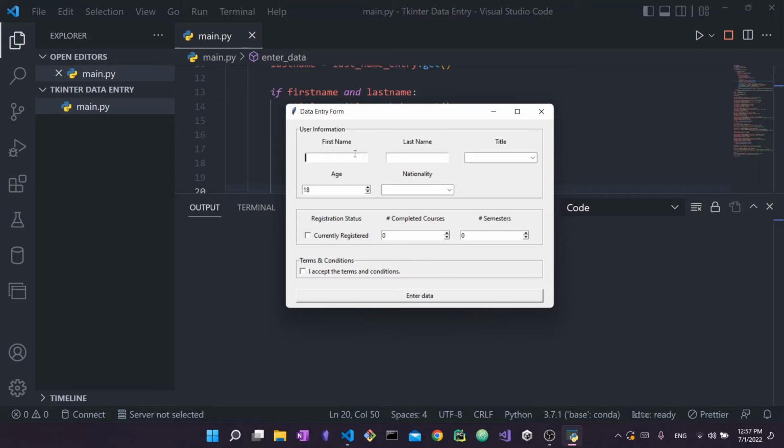So here the user can type certain info such as their first name. So you can see John Smith. Choose a title, then they can select an age. This is a spinbox. This here is a combo box. It's a drop down. Then here they can check and uncheck. They can select a number of completed courses, number of semesters, and then they can accept or not accept the